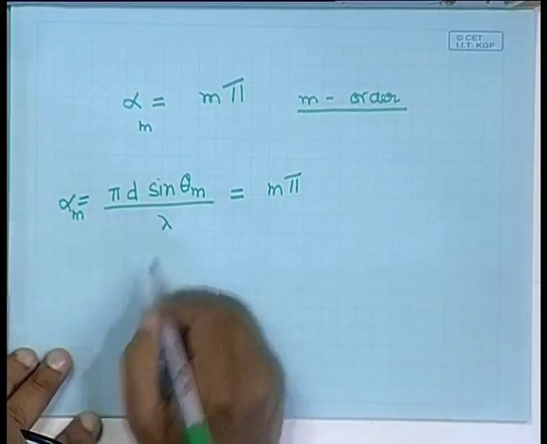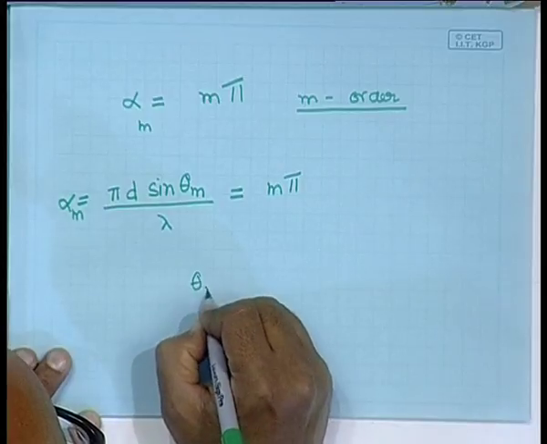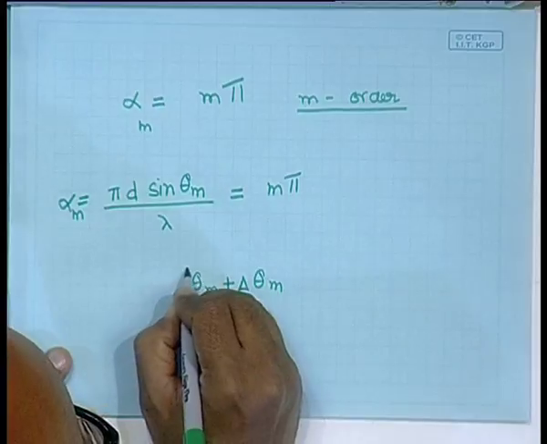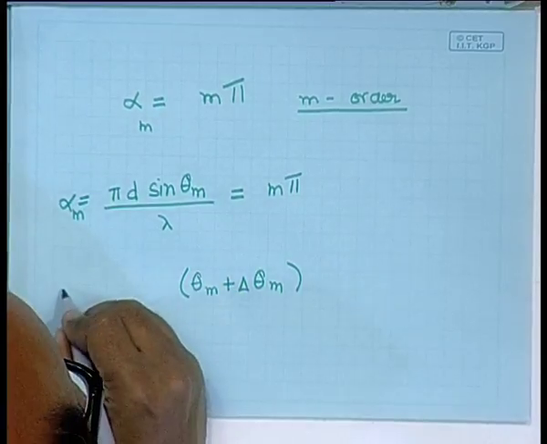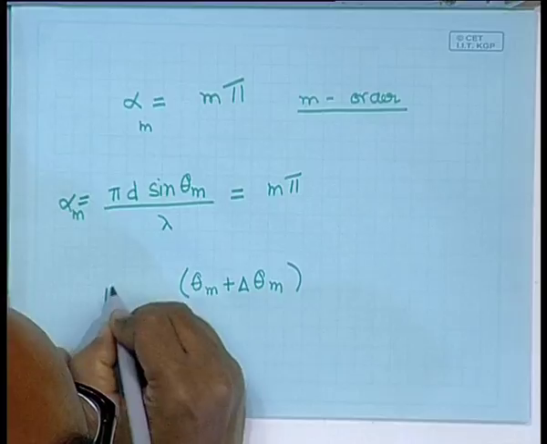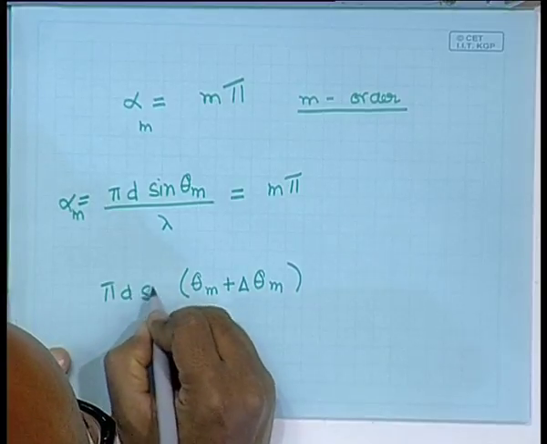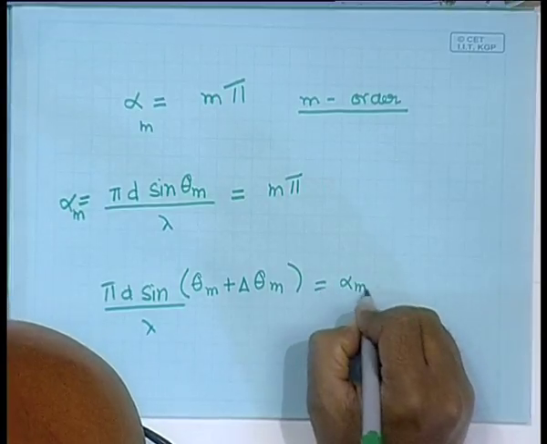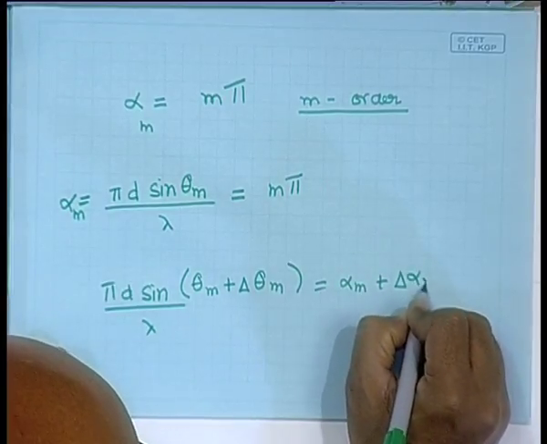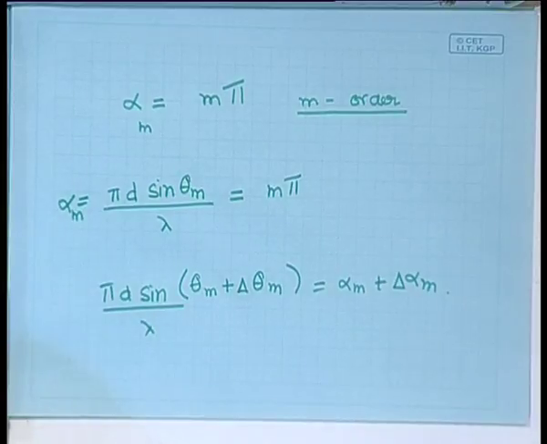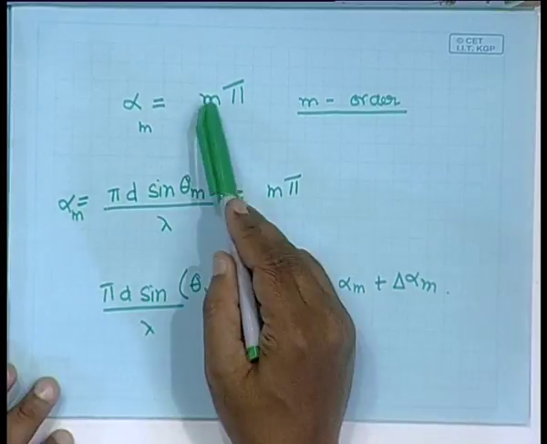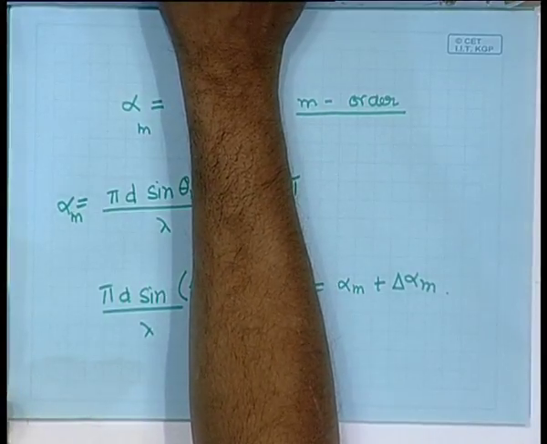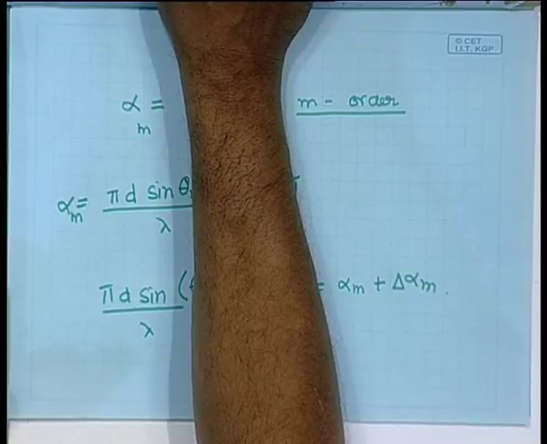So, let us say that we have changed theta to theta m plus delta theta m, and alpha would have changed correspondingly, pi d sine theta by lambda. This is going to be alpha m plus delta alpha m, and a change in alpha away from m pi means that the intensity is going to fall,